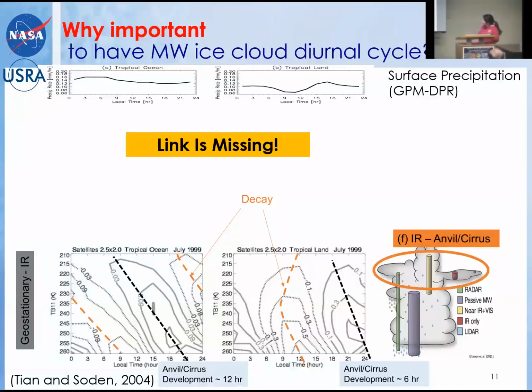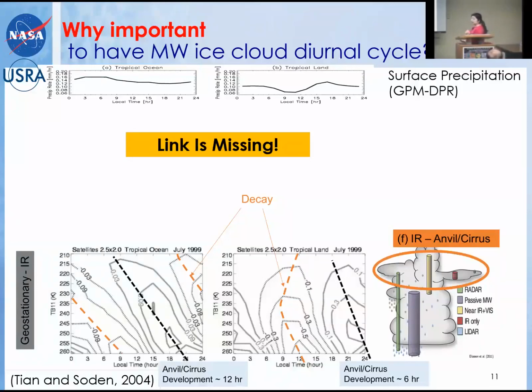And over land, it takes less time, but still 6 hours for the thick anvils to spread into the cirrus cloud, and finally dissipate along this cycle. So these are just the infrared cloud where you see over here, and surface precipitation where you see over here. There's a link,